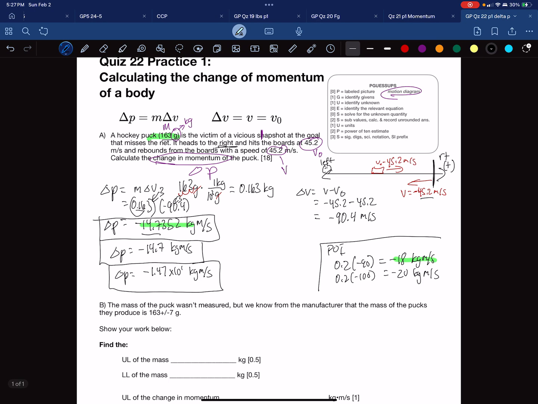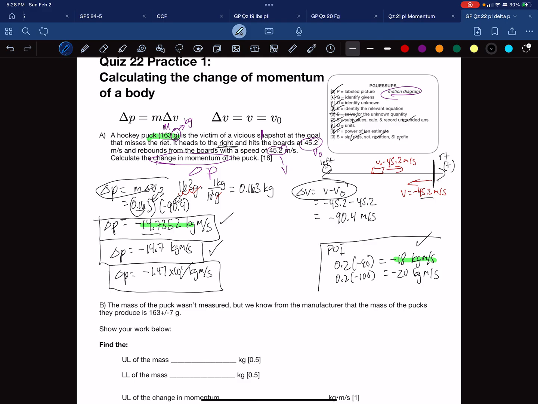So going back to check, we've got our labeled picture. We identified the givens of mass and the velocities. We identified the unknown, which was change in momentum. We didn't have to solve. We did have the equations. We used 2 of them. We substituted the values. We recorded the unrounded answer. We put in our units with kilogram meters per second. We did our power of 10 estimate over here, and we used the significant digits, put it in scientific notation,